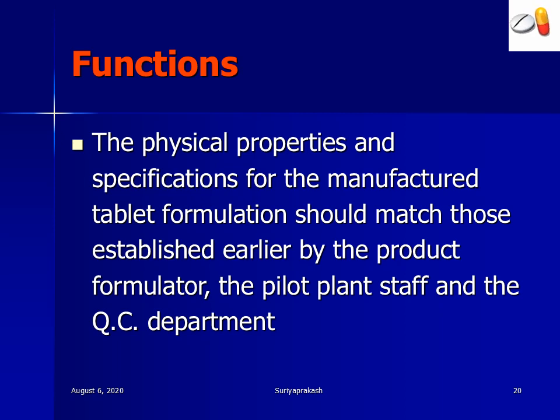And weight variation, there are norms for the weight variation test. For example, in the US Pharmacopoeia, if the tablet weight is less than 130 milligram, then the weight variation allowed is 10%. For 130 to 324 milligram, the weight variation permitted is 7.5%. And if the tablet weight is beyond 324 milligram, the weight variation permitted is 5%. It should pass in these norms all the time. That is what you call following the specifications.